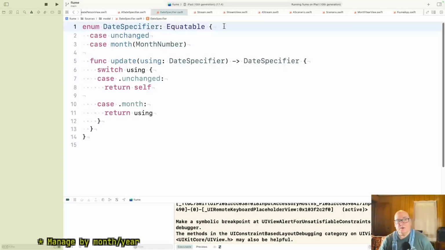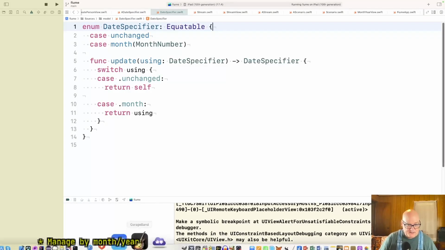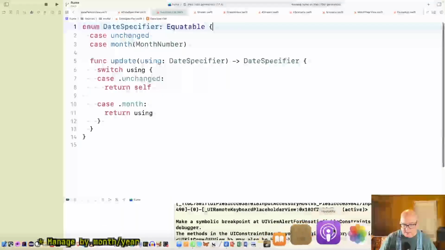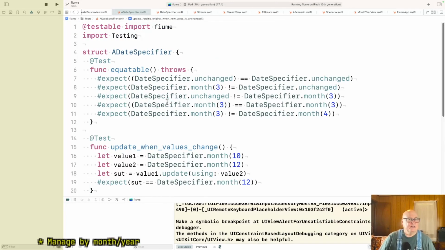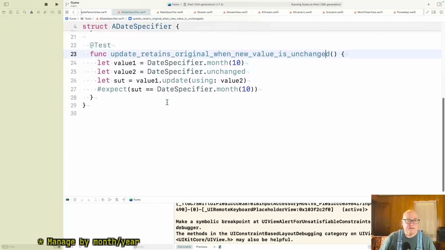Okay, so what I'm claiming, and I don't know how we're going to make this come together, is I have to pull in people information and date information, but you need that to do the computation. So it's not like it's a weird coupling, but it is a coupling. Okay, so let's get to a date specifier. All right, equatable, update when values change.